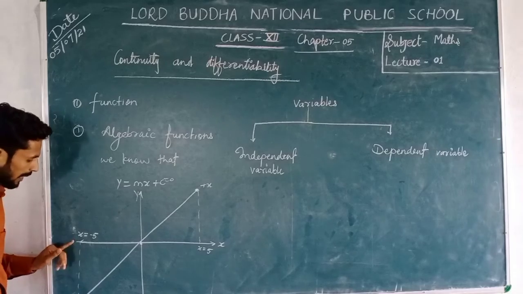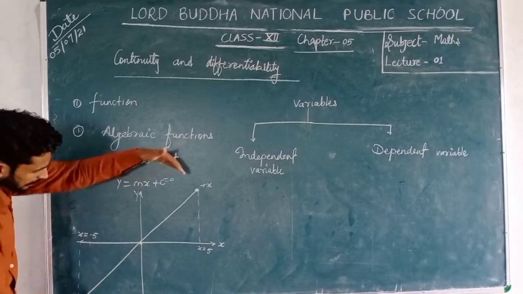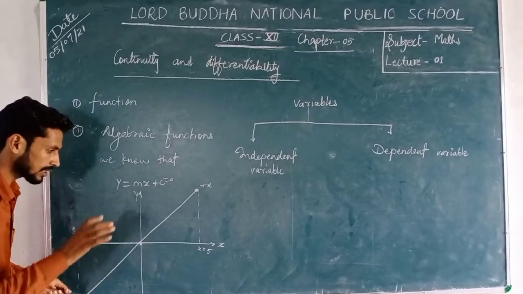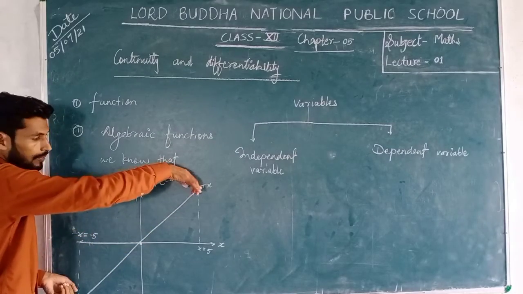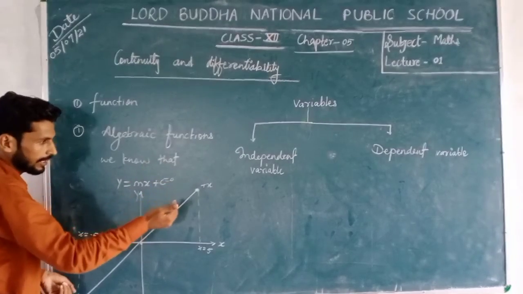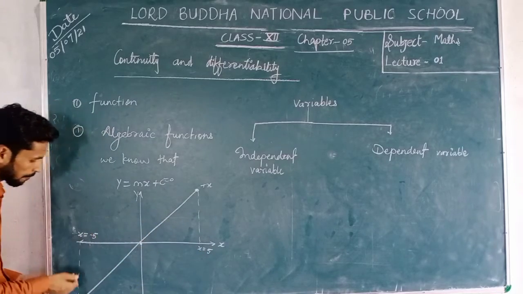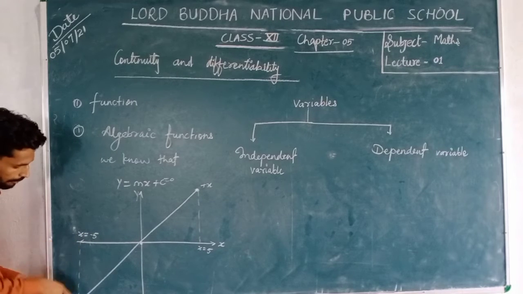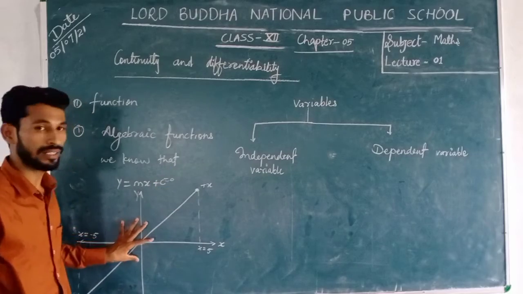In this condition, domain is x and the range will be y. In this condition, there is the range and this will be the domain. In this graph, that means there is limited graph. This graph cannot be extended further after this point, that is x equal to 5, and it cannot be further extended after the point x equal to minus 5. So that is the limited.